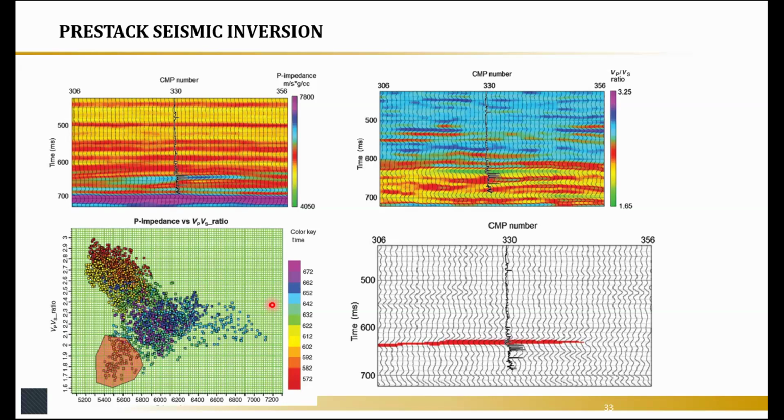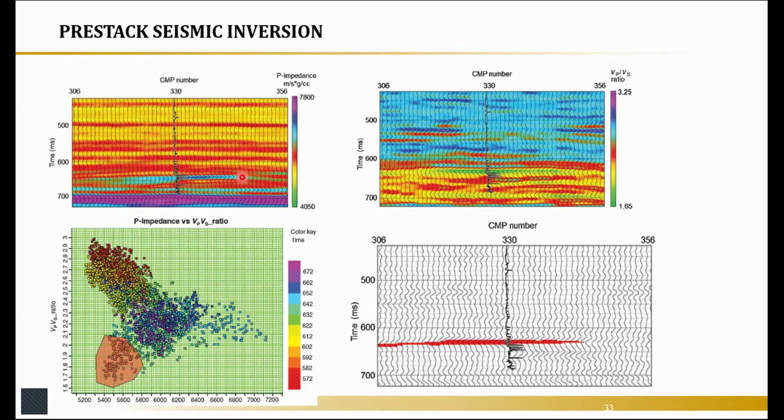So as the most advanced seismic attribute, you can use the pre-stack seismic inversion. It can yield a lot of information that is hidden inside the seismic data, which maybe you cannot get from the post-stack seismic attributes. So as you go for further investigation, you need more sophisticated work, and it takes a long time